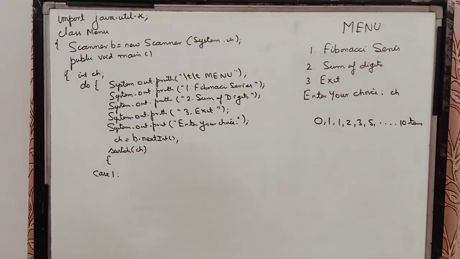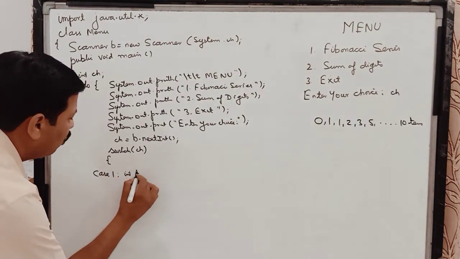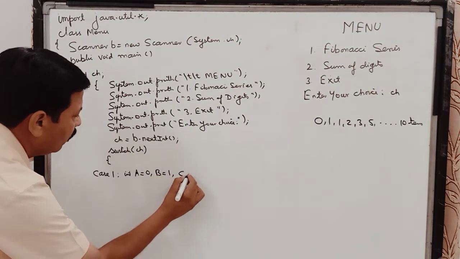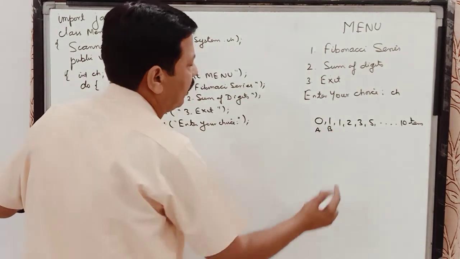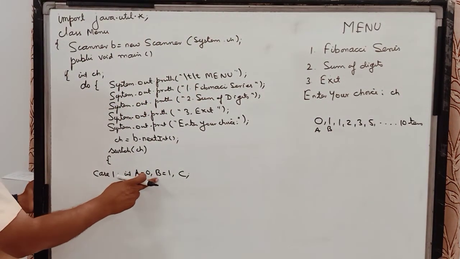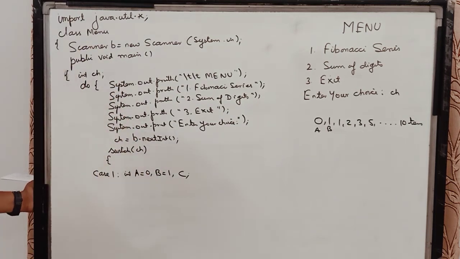This program also we have done. So children, what I am doing is I am taking two variables 0 and 1. So I have taken a as 0, and this number I have taken as 1. So children, I have taken capital B over here because small b I have already taken to create an object of scanner class.